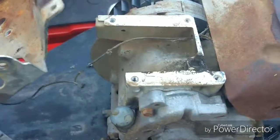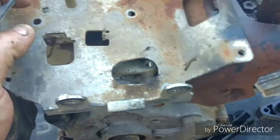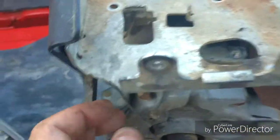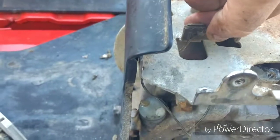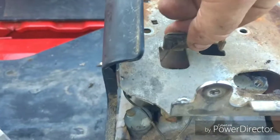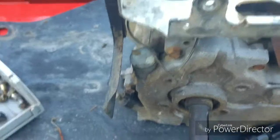That's actually a really nice looking top there. I could make a cover plate for that. You have the kill switch wire. And the kill switch wire is just held in with a little clip here. So you push back on that clip and pull down on the wire,